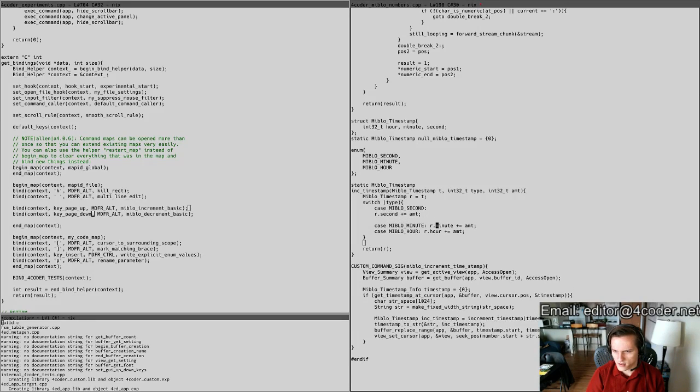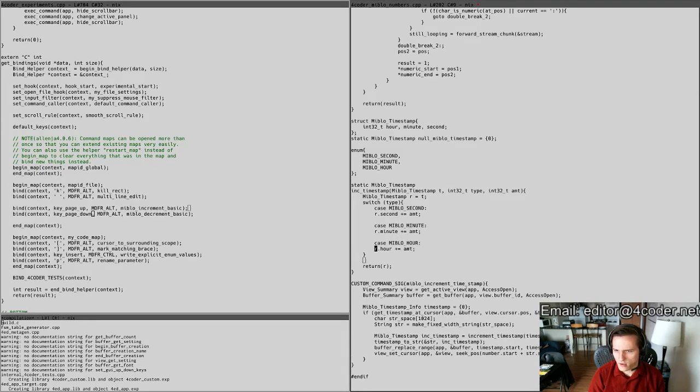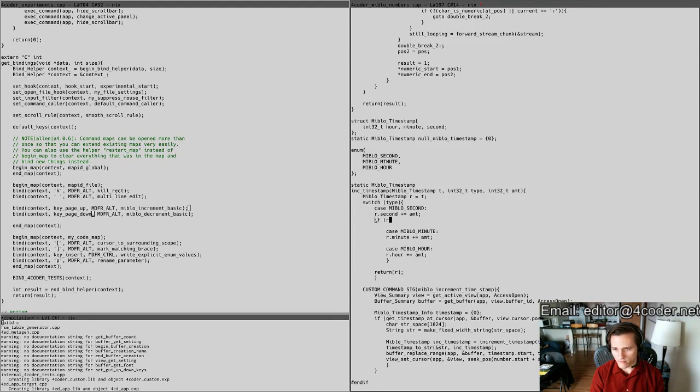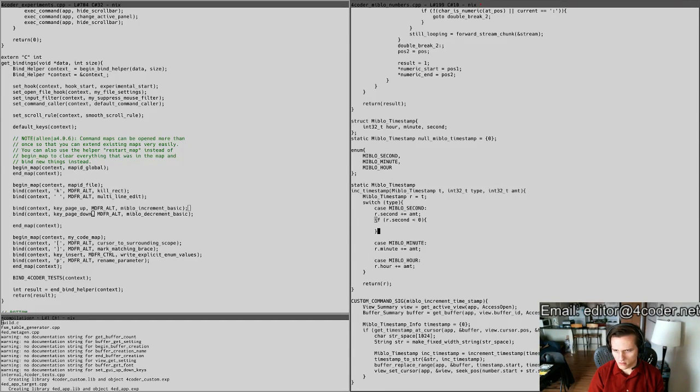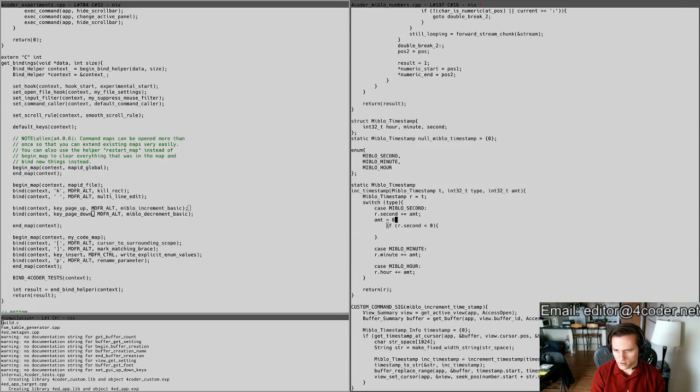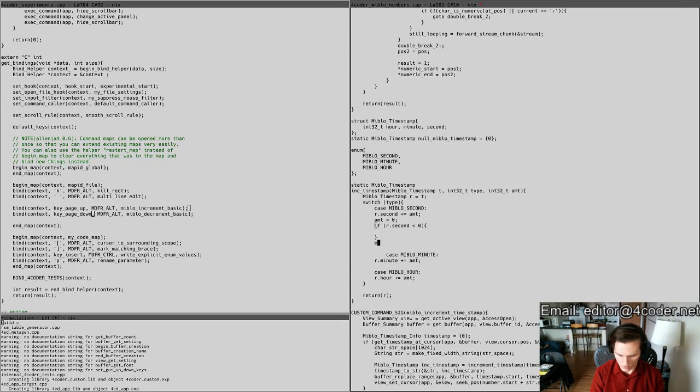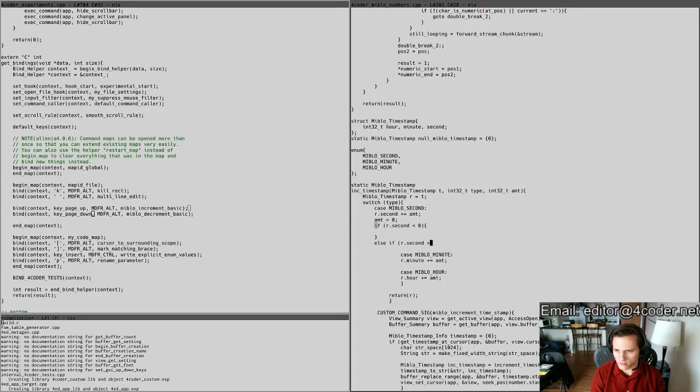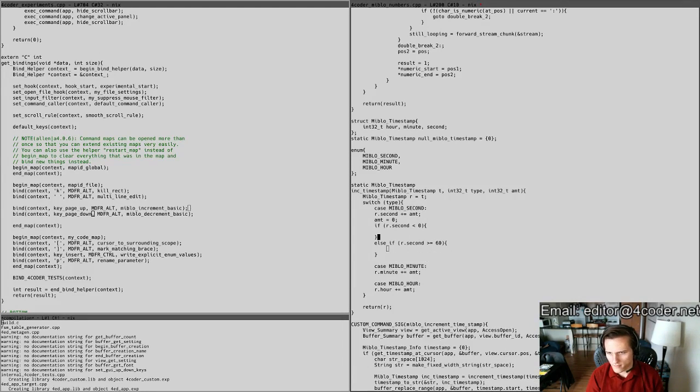For incrementing the seconds, we do that. Minutes, we do that. Hours, we do that. And then what we want to do is say, look, if r.second is less than 0, amount equals 0, else if r.second is greater than or equal to 60, then what will happen is amount equals how many minutes we need to add, which is